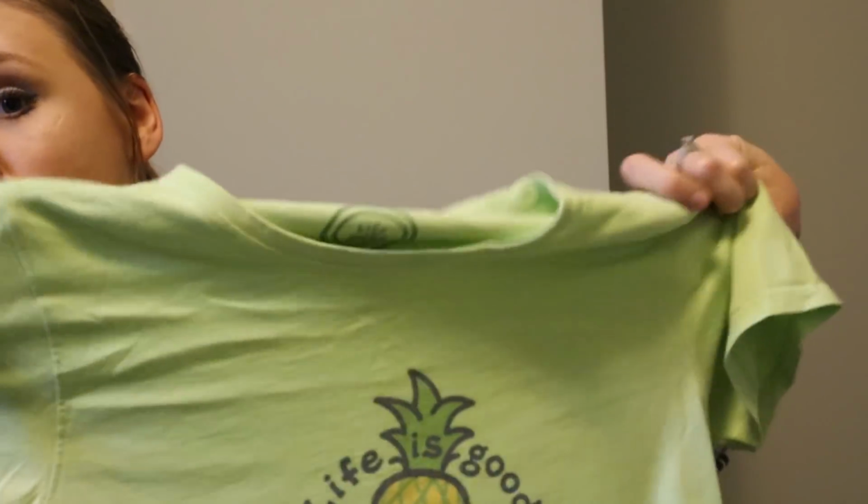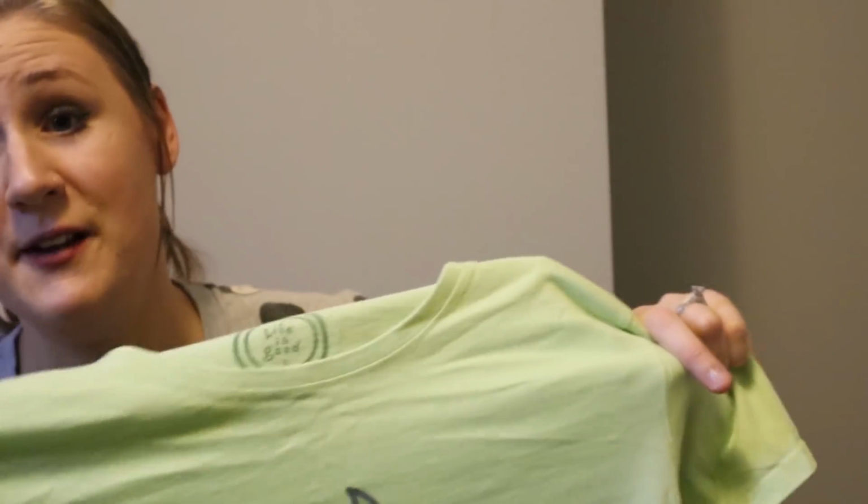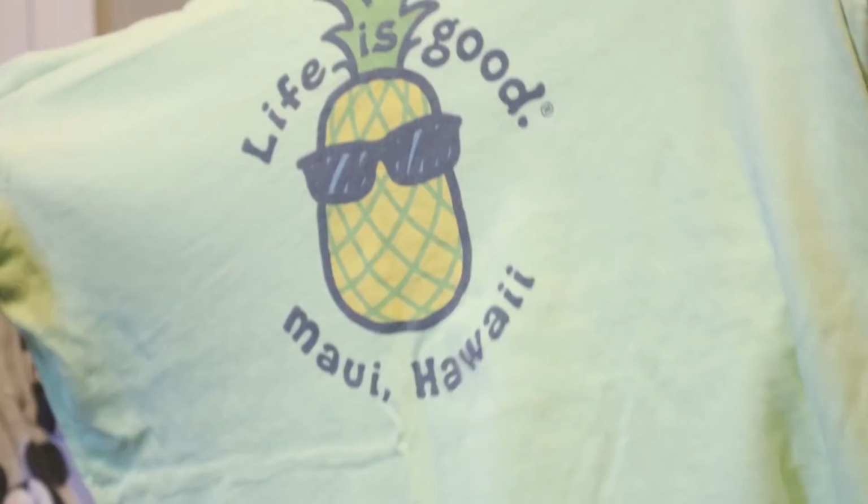Okay, so the next item was $2.99, just like all t-shirts and tanks there, and I grabbed it because I couldn't find a comparable print, and I actually do really well with this brand. I say really well, probably between like the $18 to $25 mark, but when it's a slightly different logo or a graphic you'll see here, the brand is Life is Good. You can probably tell as soon as you see it, and this is Maui, Hawaii with a pineapple with sunglasses,